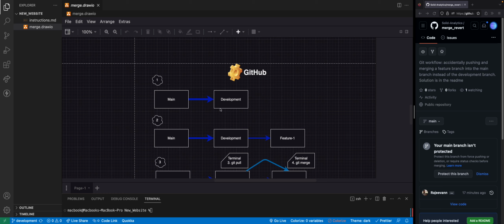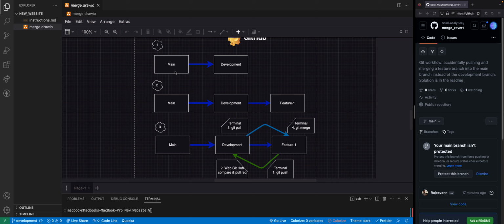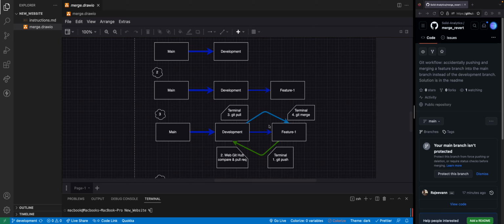So basically, when it comes to a development project, whether it's web or desktop, we create a main and we create a development. Then when we are adding features, we create features from the development. We check out and we create feature 1, feature 2, etc. So the usual practice is when we create the main and we create a development branch, and from feature, once the feature is finalized,